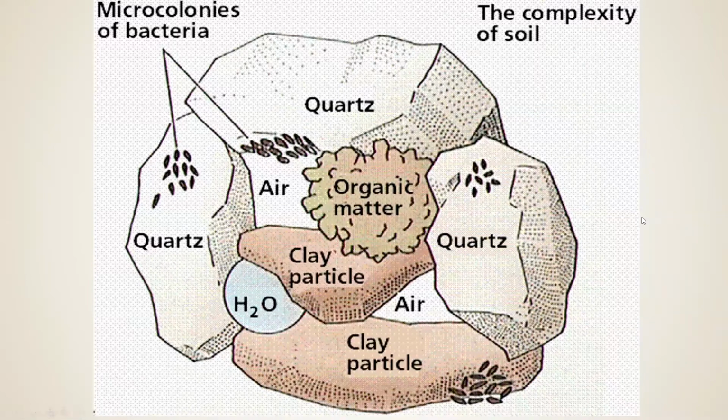And these clay particles, this will be of some importance a little bit later, but clay particles are made up primarily of silica, aluminum, and magnesium. And these are negatively charged, layered particles. And that has a lot to do with some other soil physical and chemical properties that we'll talk about.